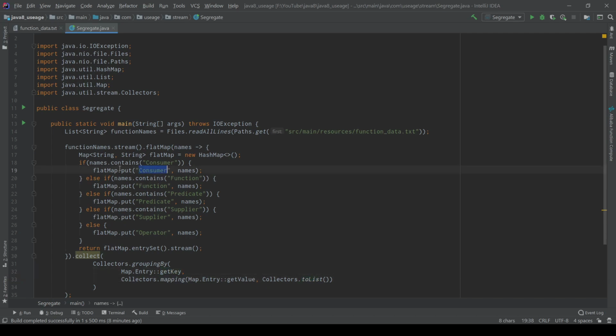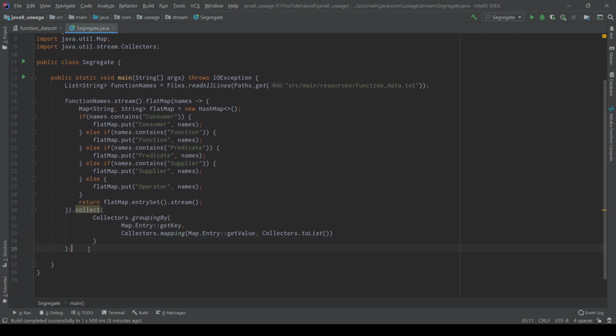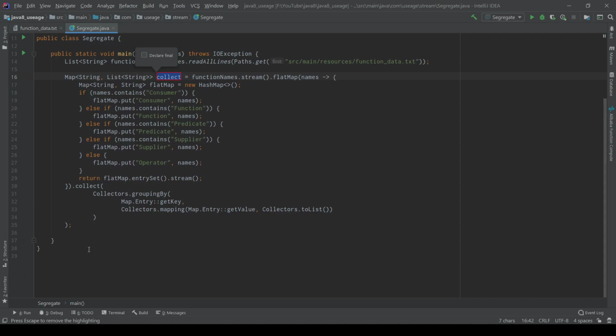However we pass the key in the flat map, I'm converting that into a map of the key and a list. So I store it with the key as a string and the values as a list of strings. Let's print how much we have.